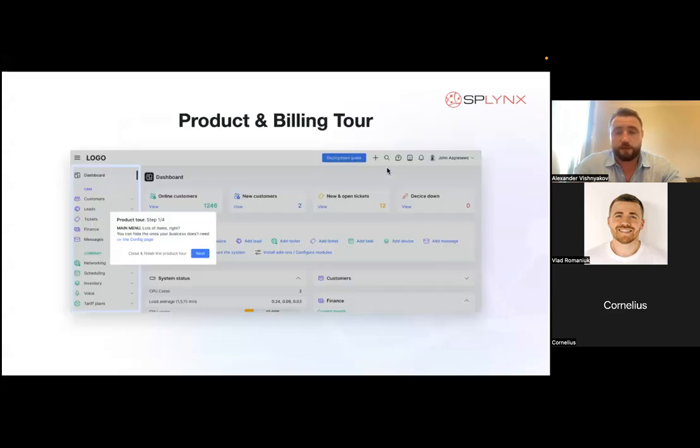This is an example. Then we have a product guide that shows customers who are just starting with Splynx. And when you upgrade, if you are already a Splynx user, when you upgrade to a new version, you will see that product tour as well. You can skip it or you can go through it. It will show you what was changed and how to work with the new usability or the new elements